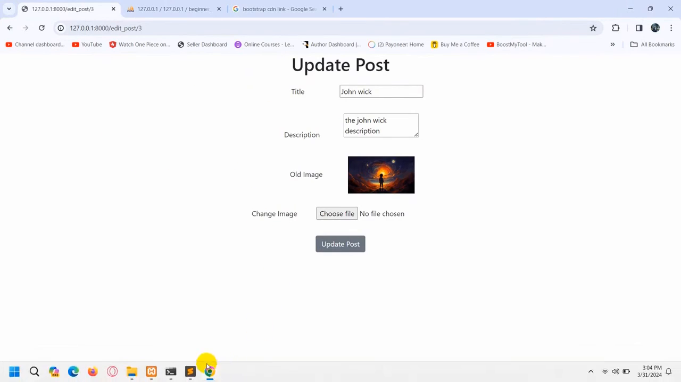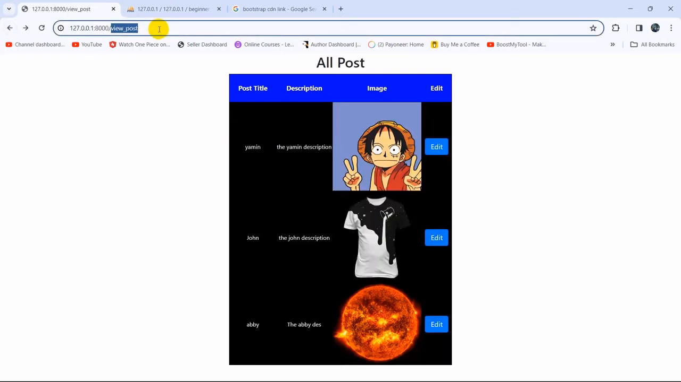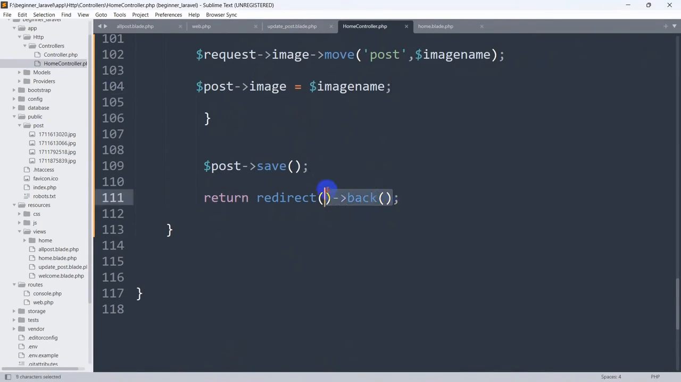Okay, right now let's do one thing, and that is after updating the image, it will go back to this page view_post. So we are going to say over here, instead of return redirect back, we are going to say return redirect, it will be view_post. Save it,